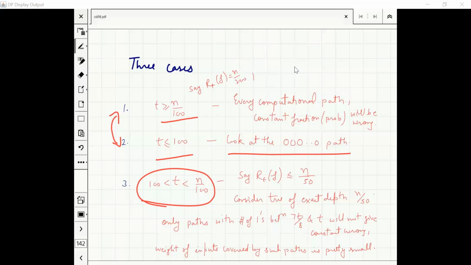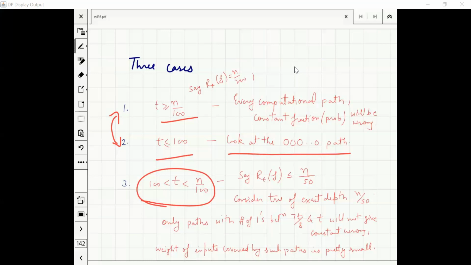Constant fraction of overall. So even if I show it as a constant fraction of that particular leaf, I'm happy, right? Because a constant fraction of a constant is a smaller constant, but still some constant. If it is 1 by 100 of 1 by 100, it is still a constant. So I don't have to show that it is a constant fraction of the entire total thing. I only have to show that it is a constant fraction of the small input size. That's good enough.